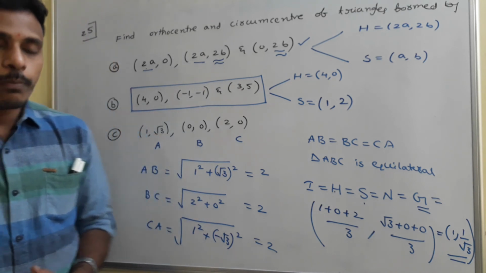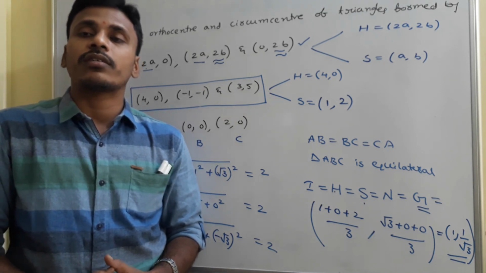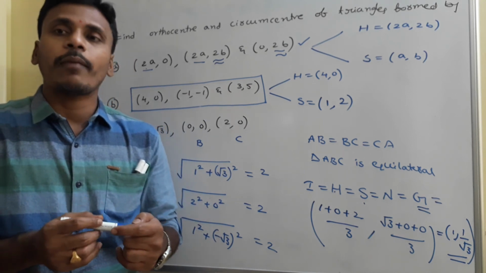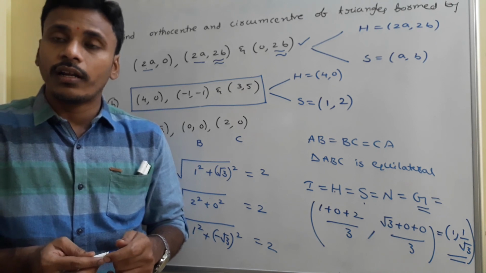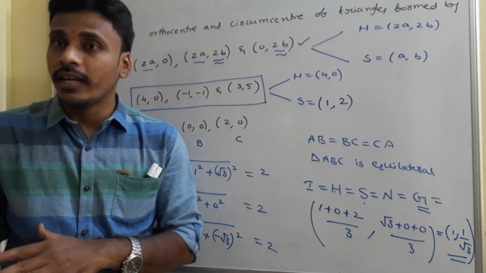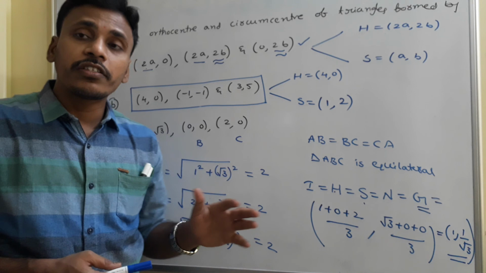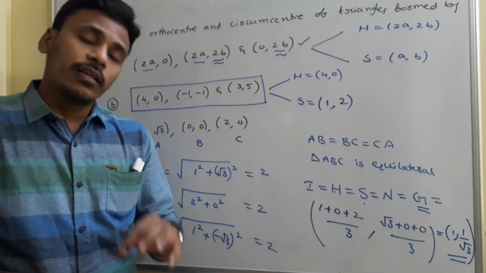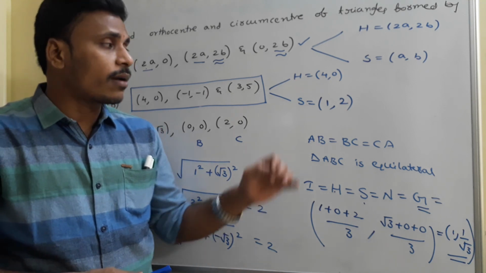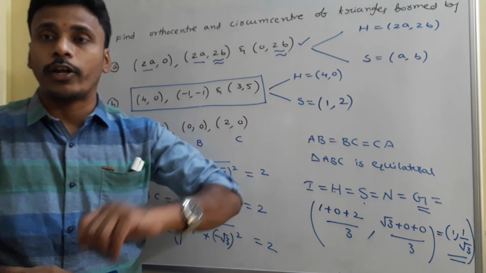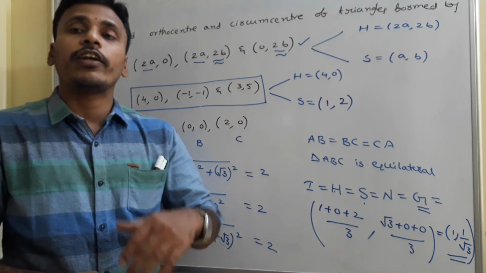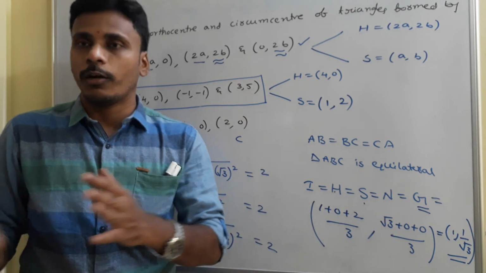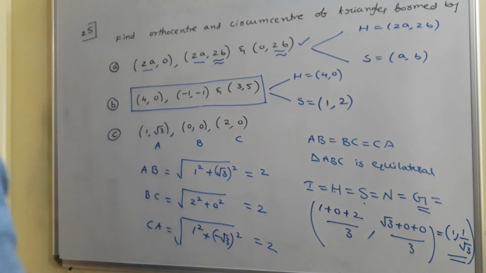Just have a look. Before going to find orthocenter and circumcenter of a triangle, first of all it is better to know the type of the triangle, whether it is equilateral or right angle or any irregular scalene triangle like that. If it is equilateral, our task is easy, go with centroid. If it is right angle, then also our task is easy, just think about the right angle vertex as well as the midpoint of the hypotenuse. If it is not equilateral and not right angle, then we need to go with the regular procedure. Okay, have a look.